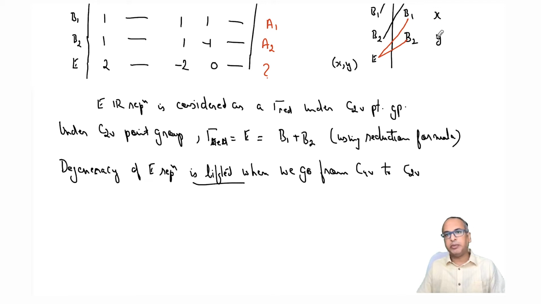Okay. So now a property, let us say the Px, Py orbitals were earlier degenerate in C4V point group. Now when you go from C4V to C2V, Px orbital and Py orbital have their independent symmetry, and hence they might have independent energy, right? There can be accidental degeneracy, but that is a different case. But the properties along the x-axis and along the y-axis no longer have the same symmetry criteria under C2V point group, which earlier had the same symmetry because they were degenerate. They were bound to be degenerate, right? Because of symmetry. So that is a very, very important concept, that degeneracy can be lifted if you go from a higher order point group to a lower order point group.